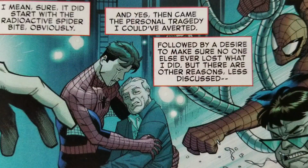So in this issue, it starts off as the traditional, you got bit by a radioactive spider, but he did change it around a little bit. And I was kind of like, that's really inventive for an origin story that we all know 100 times, but that's how it starts off. And so right away, Nick Spencer doesn't waste any time with humor in this book, something that Spider-Man has been lacking in many ways. It's been very dark in certain aspects,